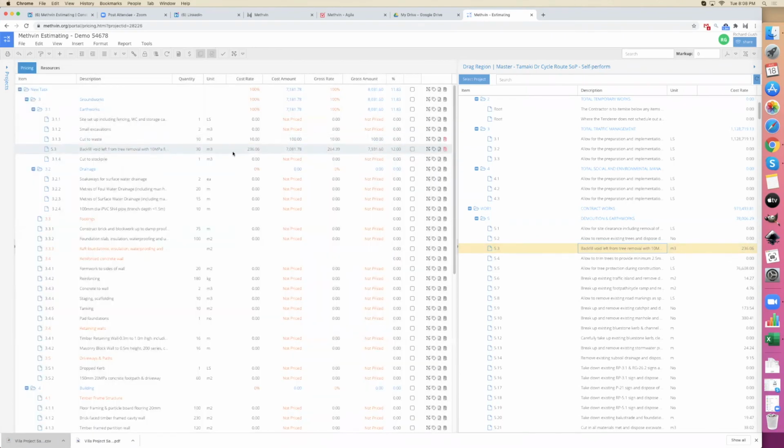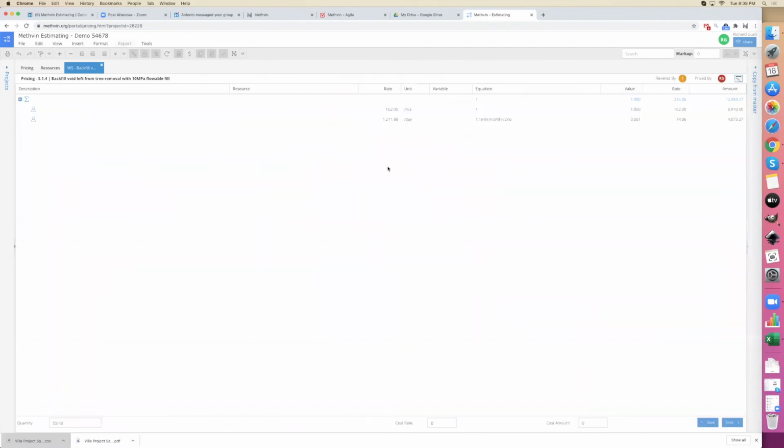Yeah. So what we've done is we've now imported that line item from this schedule, and you can see it's got the item description, the whole thing, and then all you have to do is adjust that 3.1.4 or whatever, and let's say it's 55 meters that you need here. And same as before, if you want to edit your cost rate, you just double click on that cost rate. And what it's done is opened the